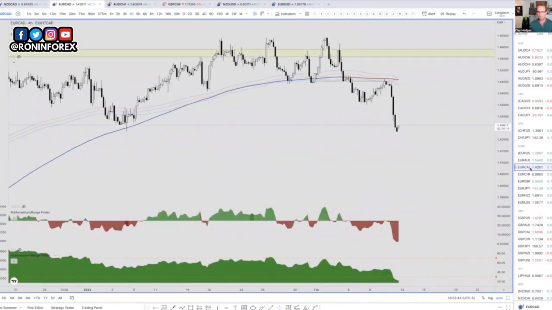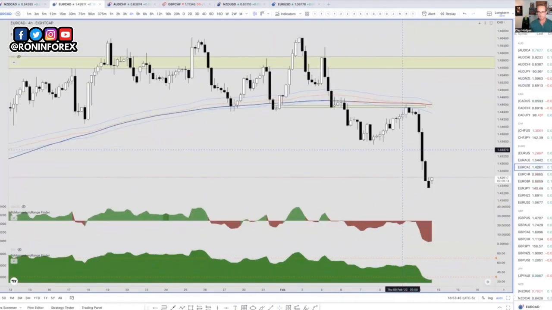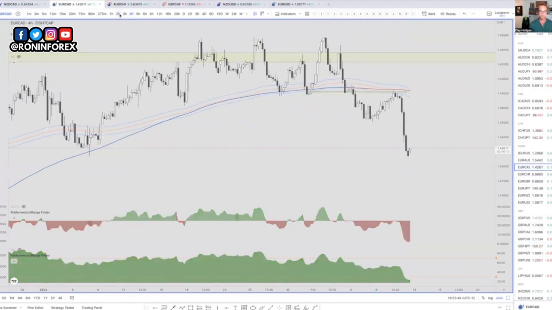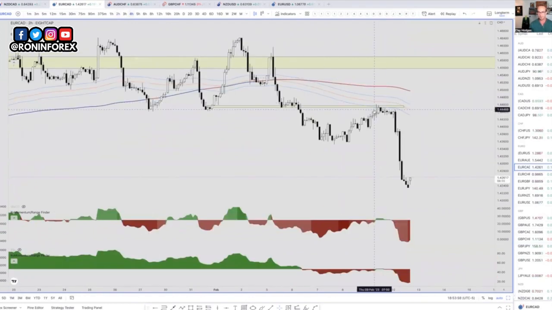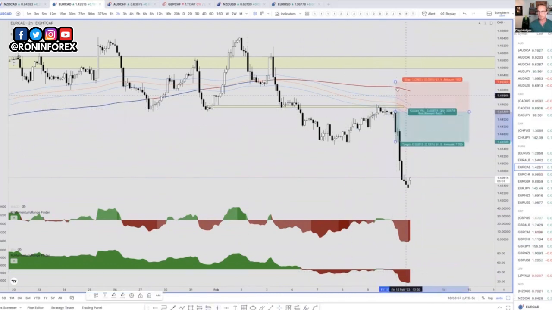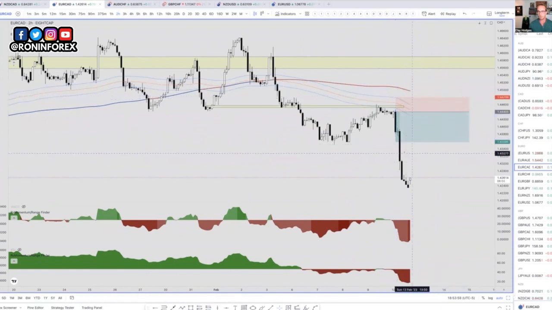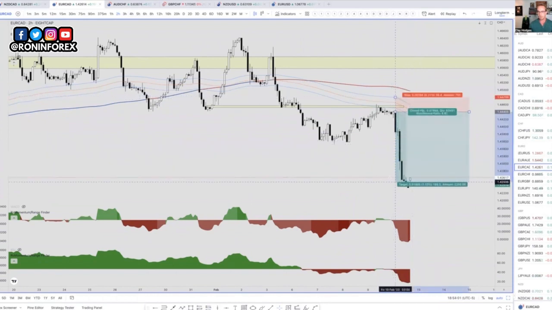Here's another CAD pair. Now I'm actually looking to take this off the 2-hour time frame. You can see here's a cross right here. This would have been my entry. So as I really start to connect some dots on what's going on, then I can make a game plan for the week. This would be my exact trade. I talked about it on Friday. I was in this, but closed because I didn't want to be risking too much. So, at the end of the day, it's better that I follow my rules for sure. So let's take a look at